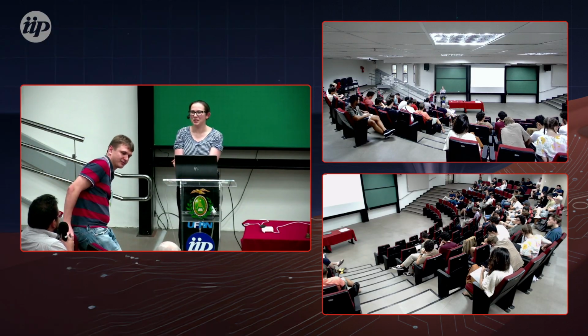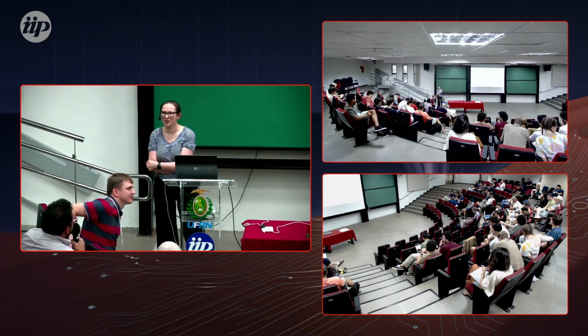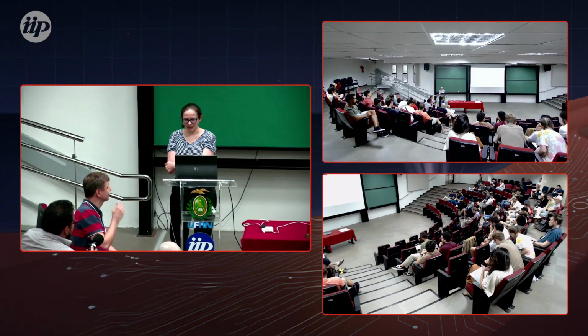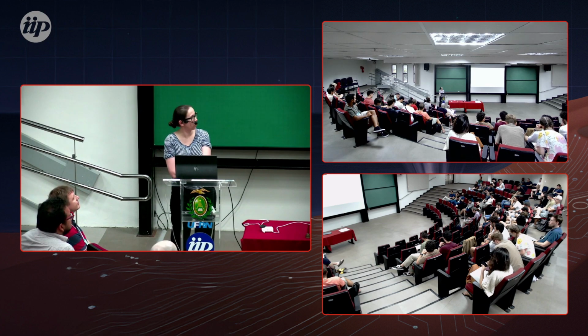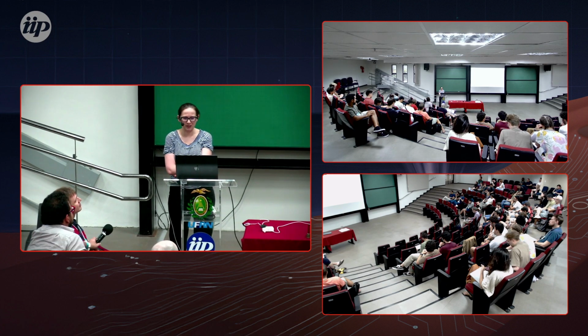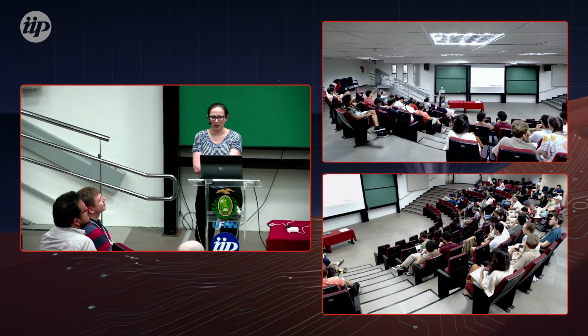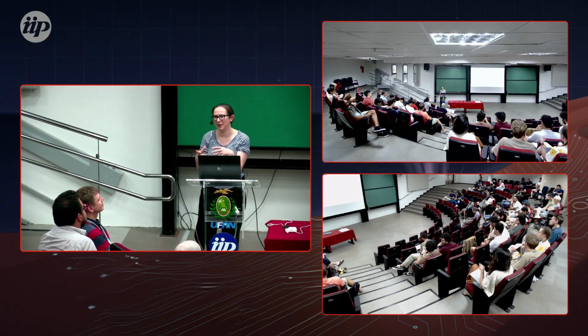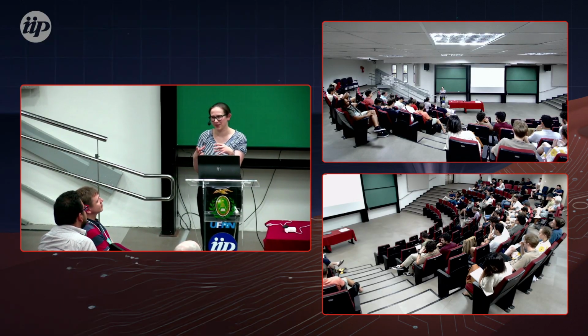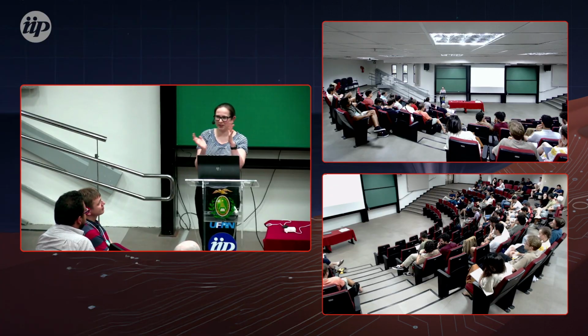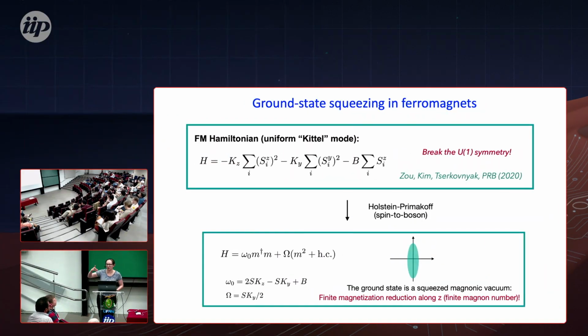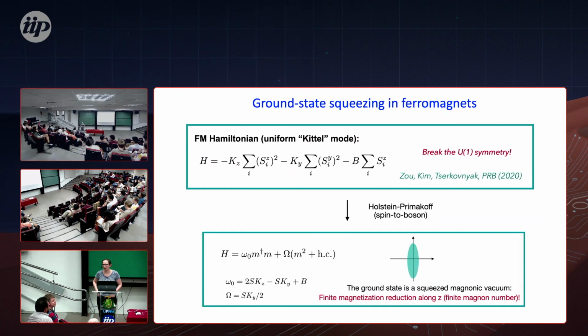There are some techniques for how you can measure them. The example which I have shown, with this squeezed state, is nice, because already in the ground state you should have a finite amount of magnons. In this case, we can control it by parameters, and by coupling we can also estimate how many magnons we have. We can also have a reserve.